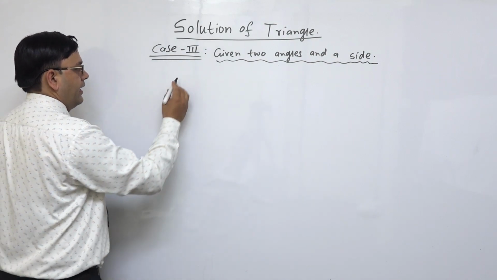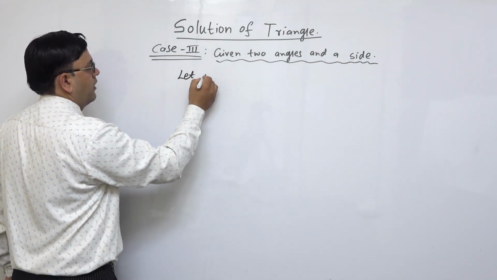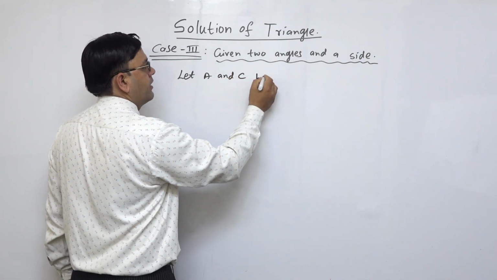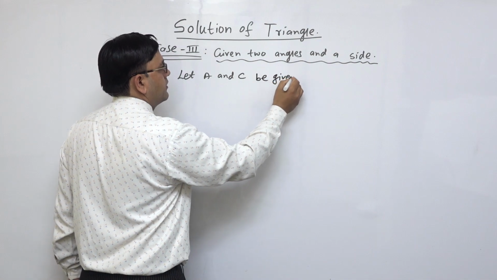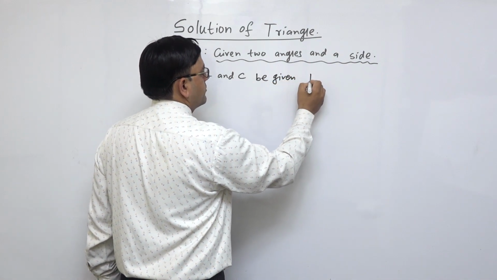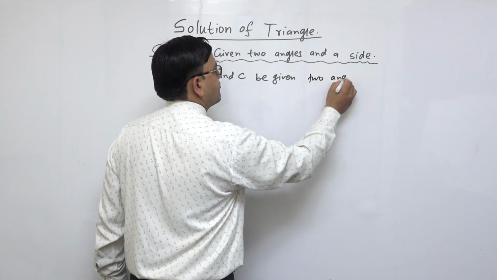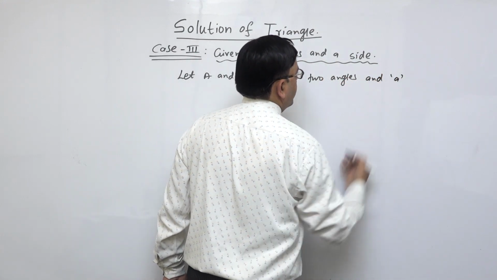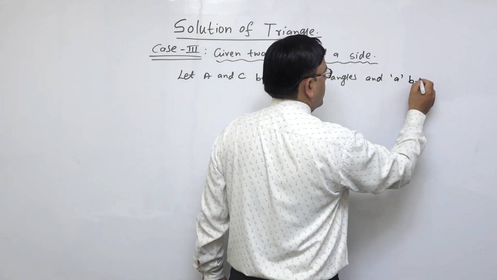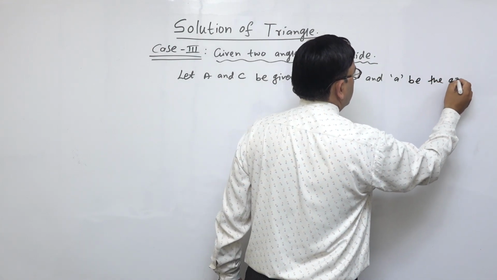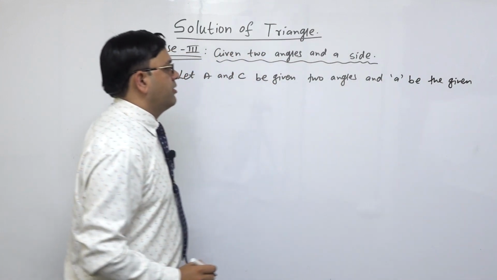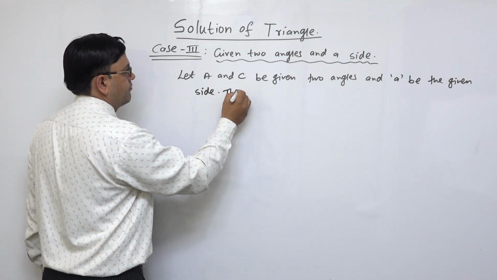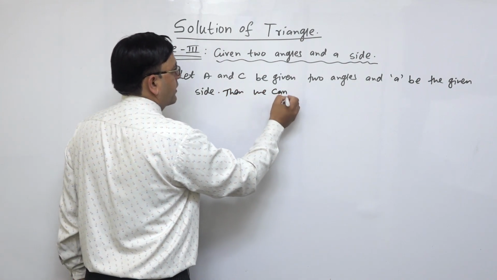So here let A and C be the given 2 angles, and a is the given side. Then we can find